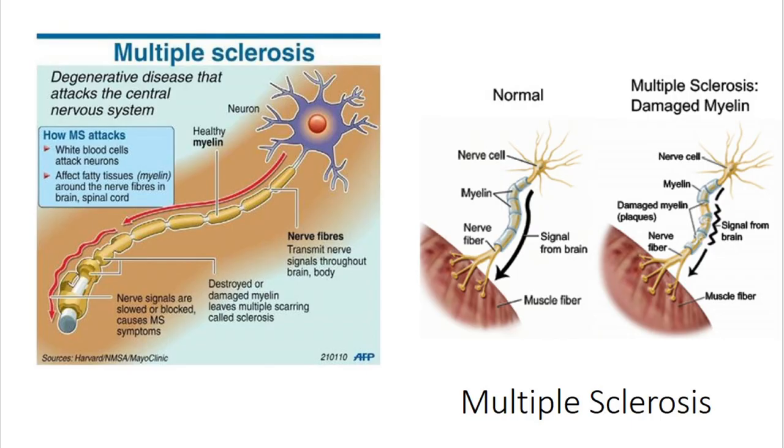Here we can see an image on the left showing the degeneration of the myelin. When that hardens, it forms the scleroses. When you have multiple, that is where we get the name multiple sclerosis. The images on the right are showing a normal versus a damaged myelin sheath in the central nervous system. Keep in mind that this is most common in the central nervous system, but it doesn't mean that the peripheral nervous system cannot be later affected.